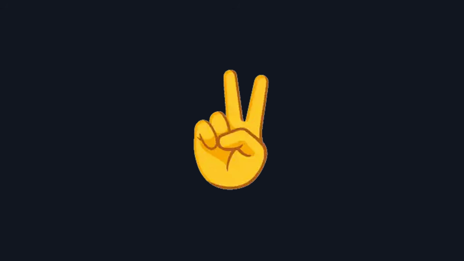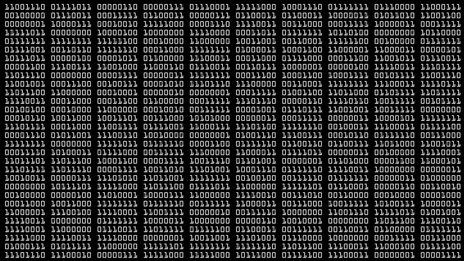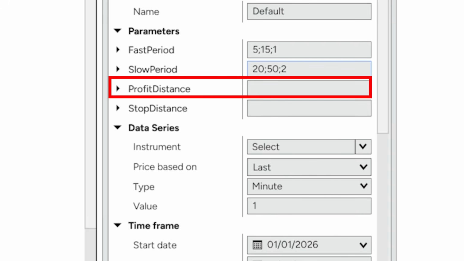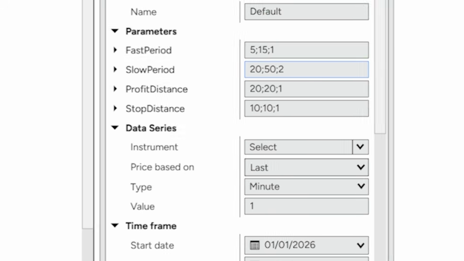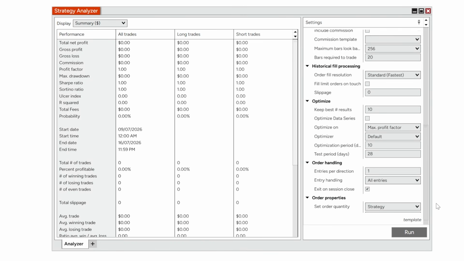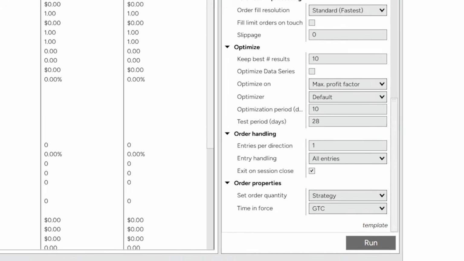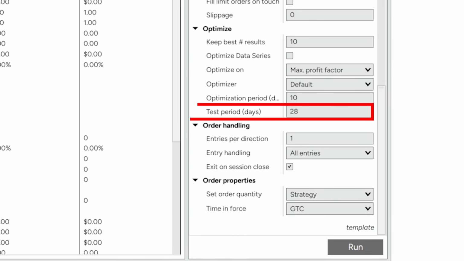I suggest to optimize a max of 2 variables at a time. If you turn all 4 knobs at once, the number of combinations explodes and the test takes forever. So we lock the exits by typing 20:20:1 for profit distance and 10:10:1 for stop distance. Then further down in the optimize section, you'll see 2 fields, optimization period and test period,